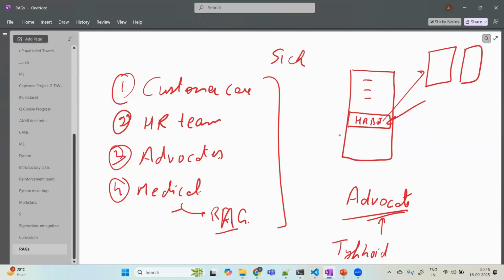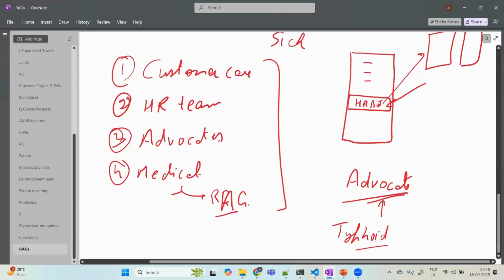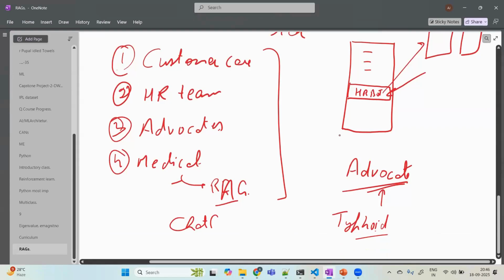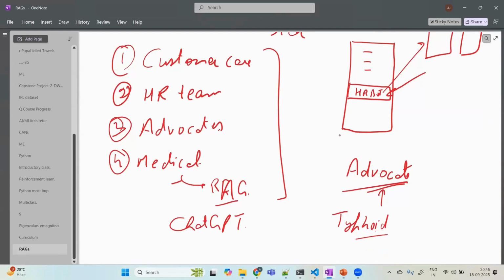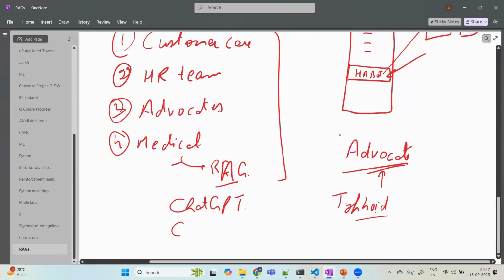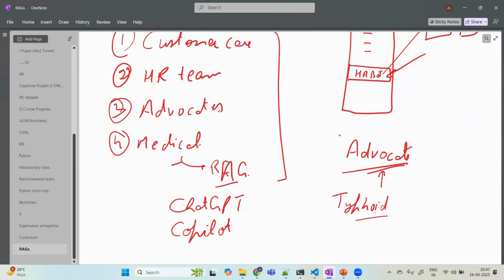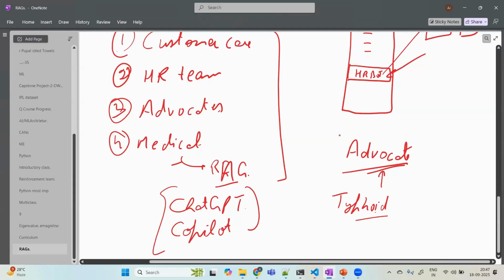Now, one question might be coming to your mind, like we already have this, right? For example, ChatGPT is also a chatbot. Then why do we need the RAG application? Why do we need to create a separate chatbot which is different from ChatGPT? Or if I talk about Copilot, or when we have Perplexity, then why do I need to create a separate chatbot? Okay, it's a very valid and genuine question, and the answer is,